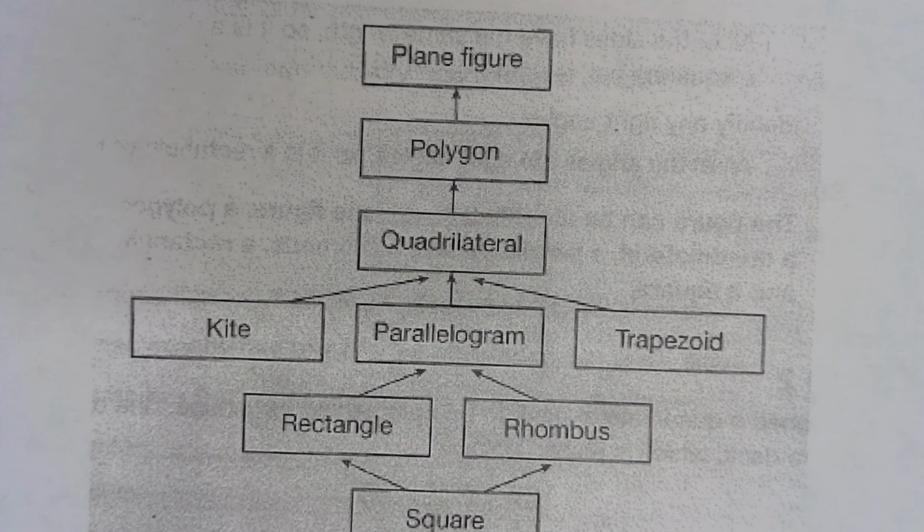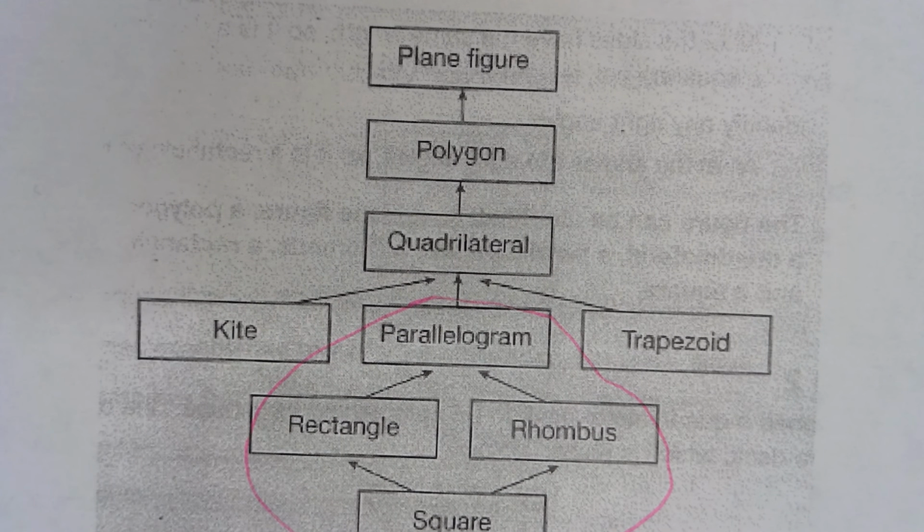For instance, we've talked about triangles. But in this graphic, we're talking specifically about quadrilaterals. Quadrilaterals are four-sided polygons, four sides, four angles. And then underneath those quadrilaterals, this is the part of the family tree that we said gets along very well. They all have two sets of parallel sides. Therefore, they are parallelograms. And then over here to the side, we have crazy Aunt Kite and crazy Uncle Trapezoid